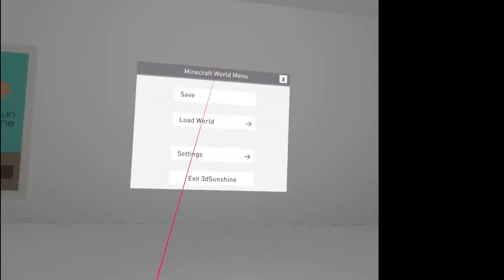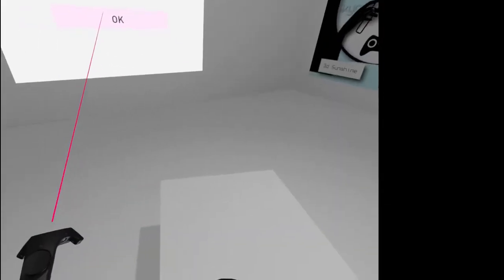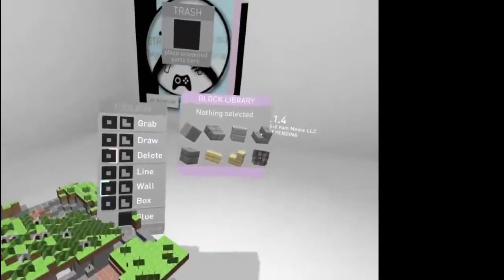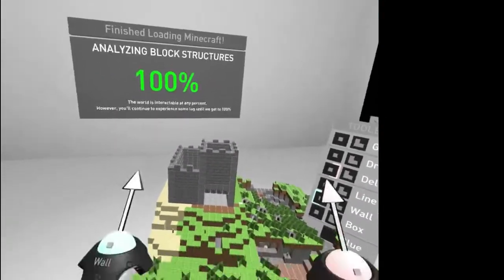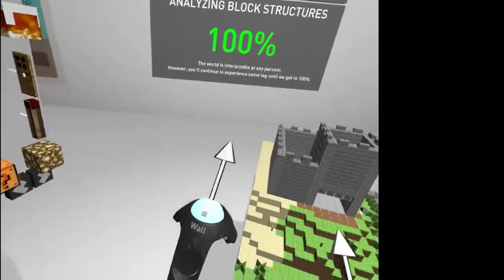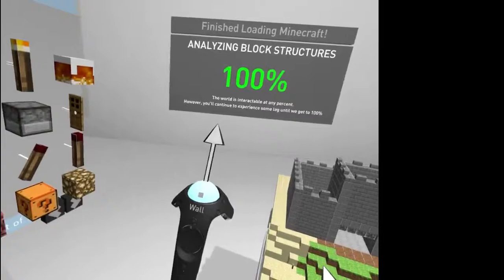So, save. Your world has been saved. Oh, it was blank. I thought it had completely gone. So what I'm going to do now, if this has been saved, I'm going to see if I can go into Vivecraft and then see whether or not this has in fact actually saved. So,